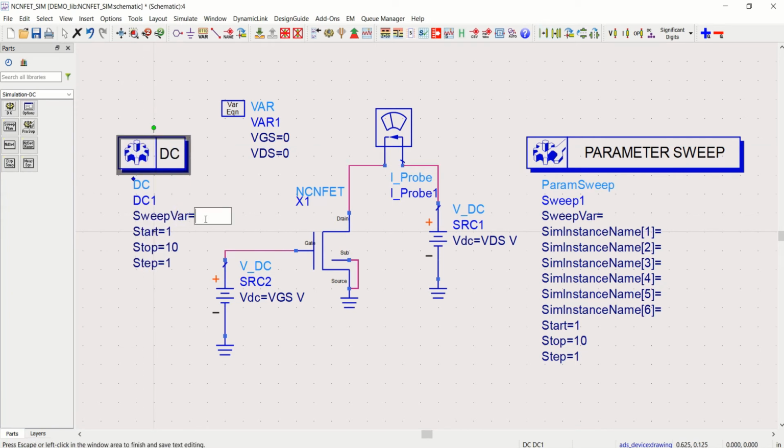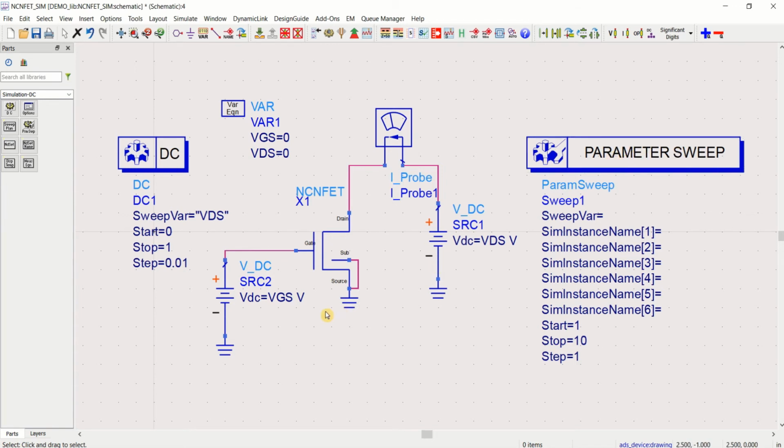I'm taking the value as VDS. I want to vary in steps from 0 to 1 with a value of 0.01. So this value.